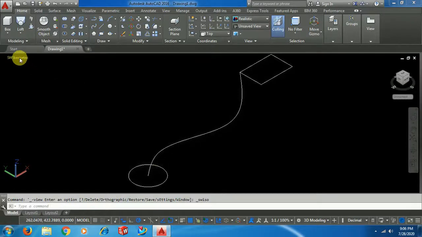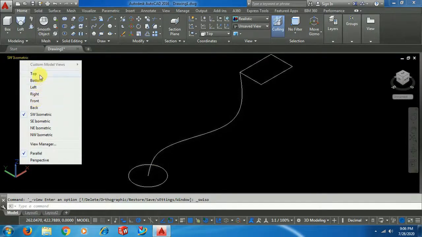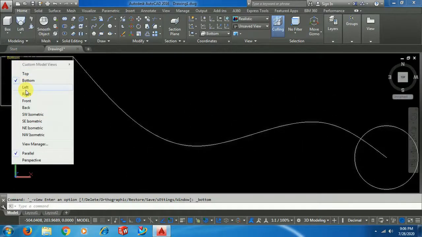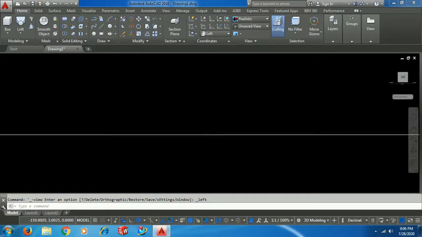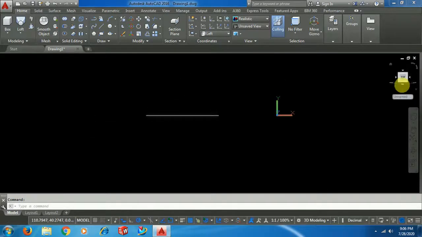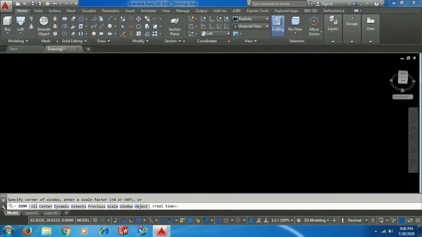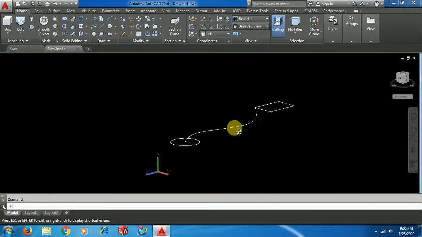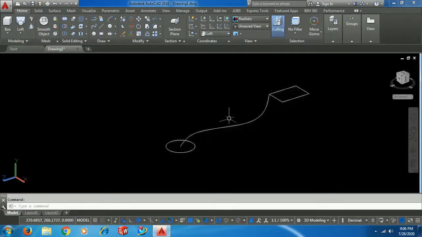Go for left view. Zoom out and slightly turn this. Then go for circle.